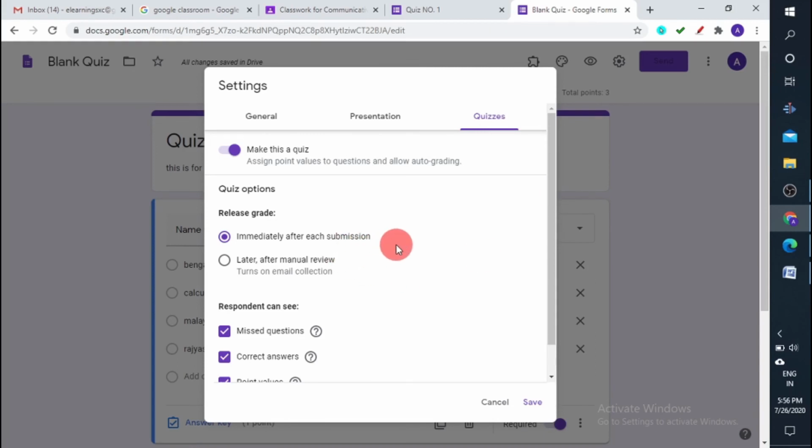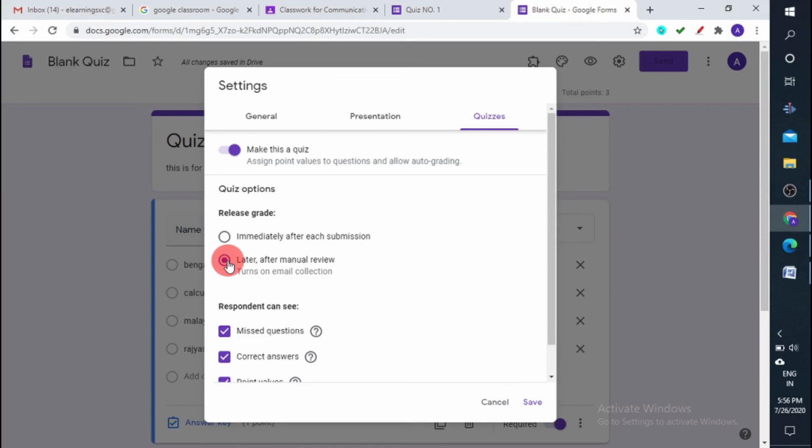You can release the grade immediately after they enter their answer, and they will receive the marks. Otherwise, later after manual review, especially if you have some short answer or long answer questions, then you can give this option. And you are collecting their email IDs.